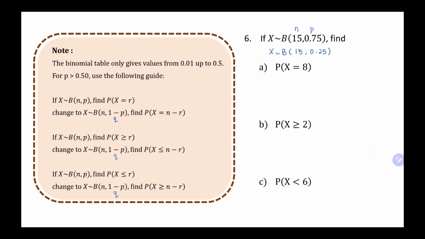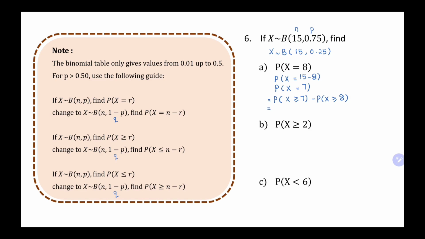P(X equals to 8). Kalau dia minta equal 8, so sign kita masih sama, equal. Tapi kita ambil N minus R. So, 15 minus 8. So, soalan kita adalah X equals to 7. But, to read from table, we need to change equal sign to greater than or equal sign. So, kita perlu ubah dulu dia punya sign, sebab kita nak guna table juga. So, kita ubah. Kalau equal, dia akan jadi P(X greater than or equals to 7) minus with P(X greater than or equals to 8). Then, we find from table